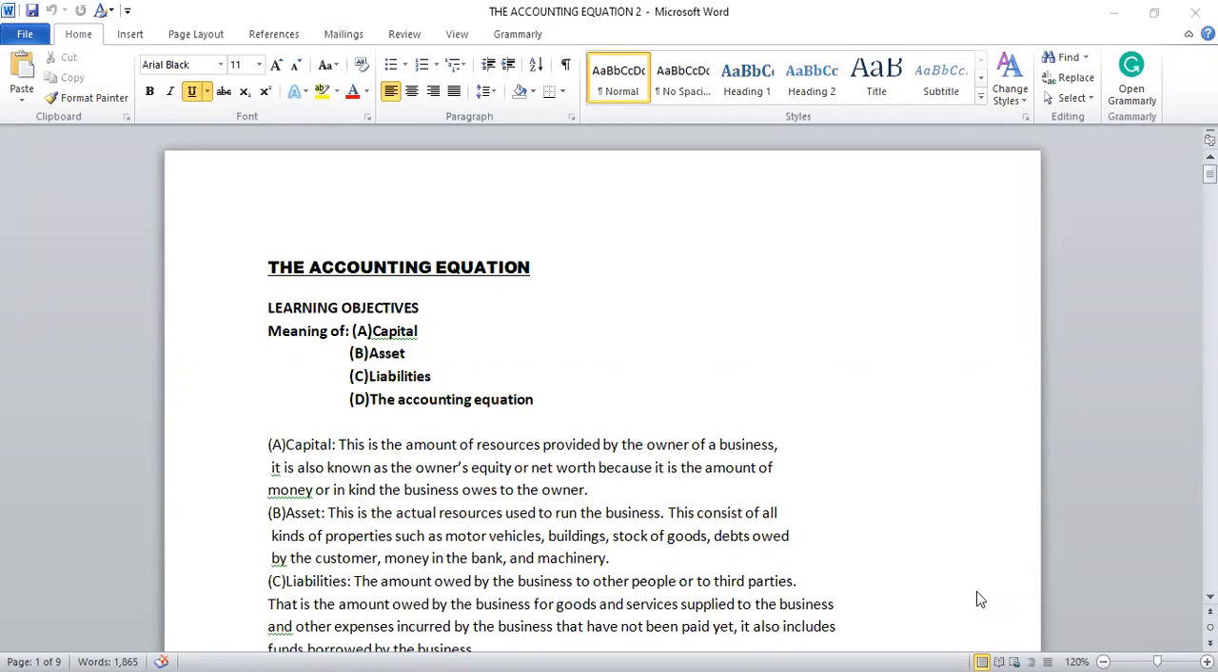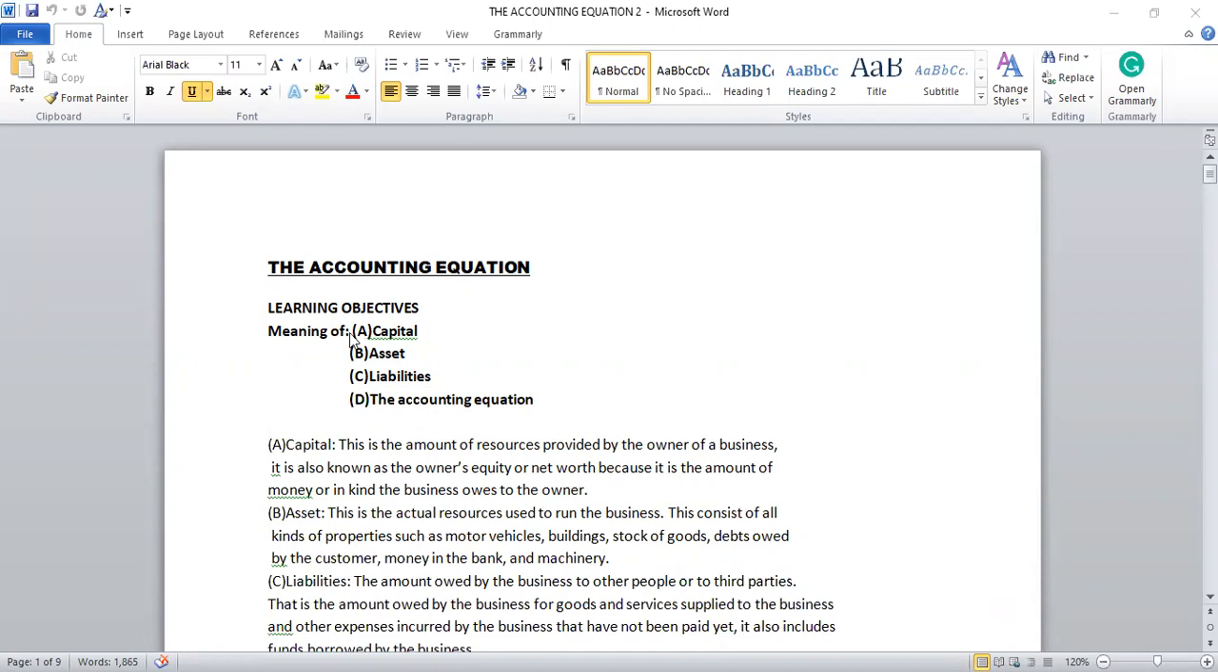These are the notes that I prepared for this particular lesson. I will explain these notes to you. I've made it so simple so that you will easily understand the accounting equation after you finish. So let's start. The topic today is the accounting equation. Our learning objectives,